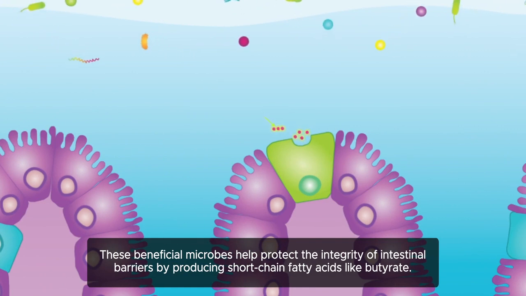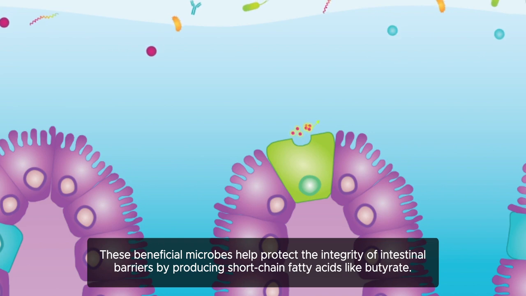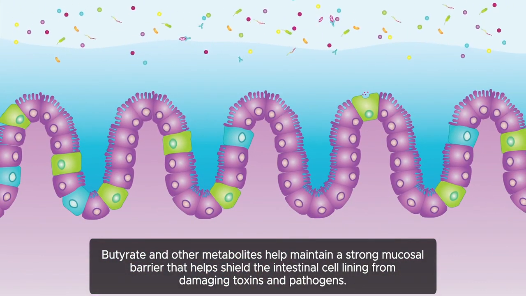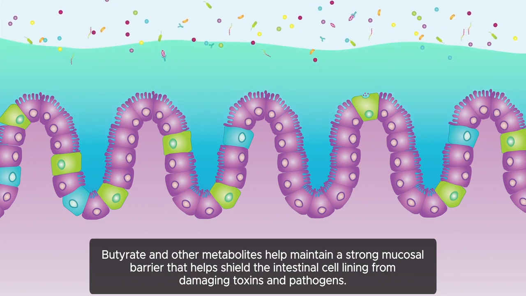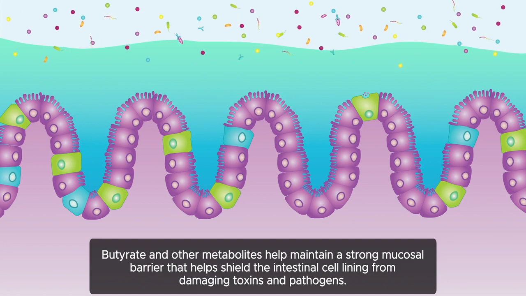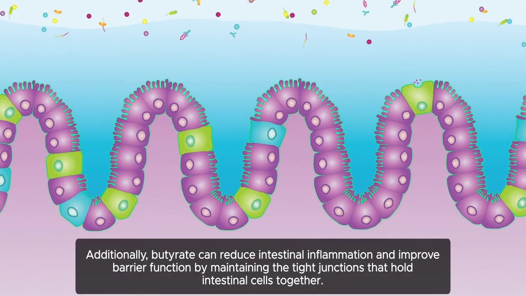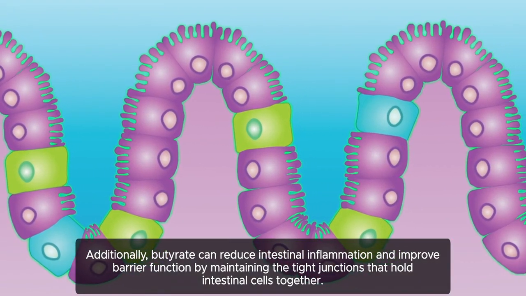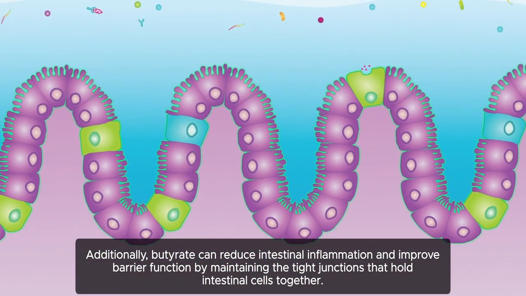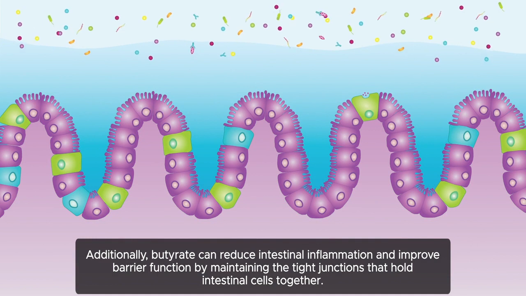These beneficial microbes help protect the integrity of the intestinal barrier by producing short-chain fatty acids like butyrate. Butyrate and other metabolites help maintain a strong mucosal barrier that helps shield the intestinal cell lines from damaging toxins and pathogens. Additionally, butyrate can reduce intestinal inflammation and improve barrier function by maintaining the tight junctions that hold intestinal